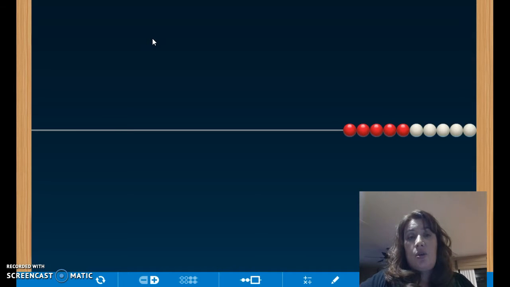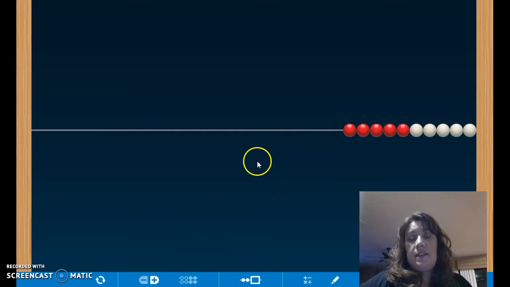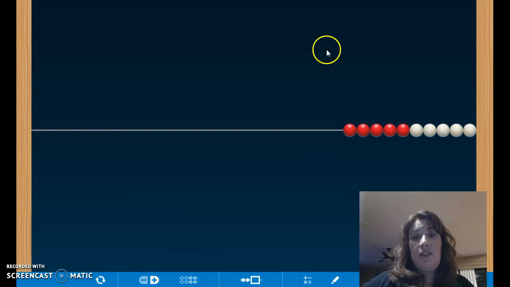And the reason that I like using this is because when you're working with really kindergarten through second grade students, you are going to be working with base 10 and making 10. And this is a great tool to allow students to visualize and subitize the number 10. So when you're looking at this website,